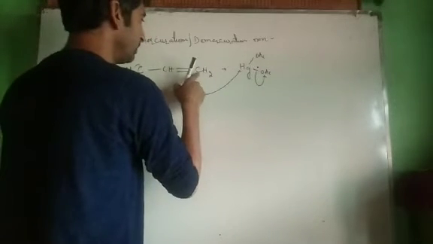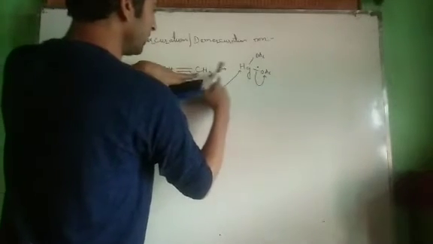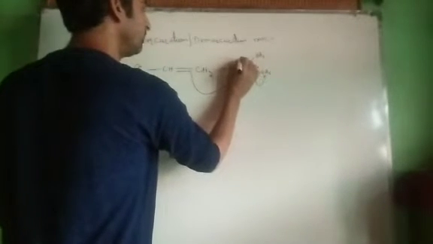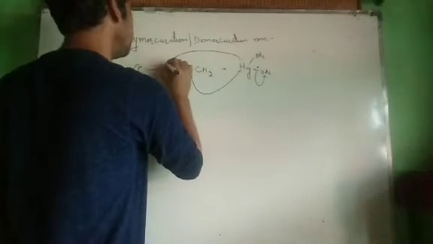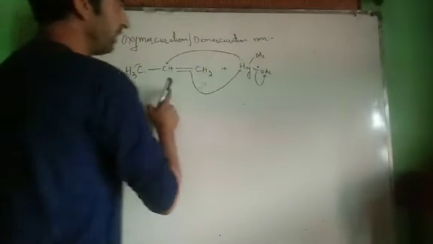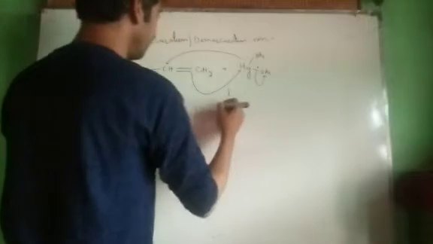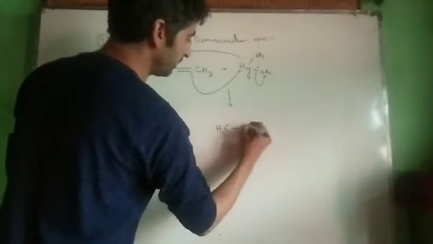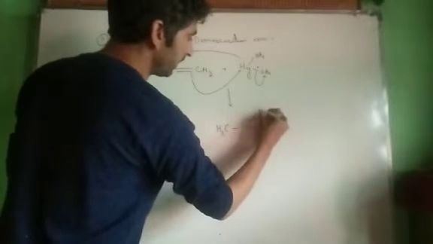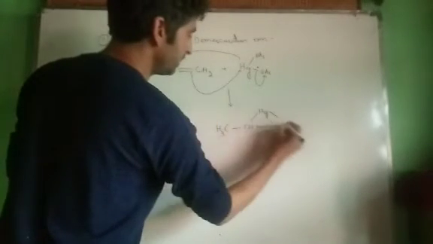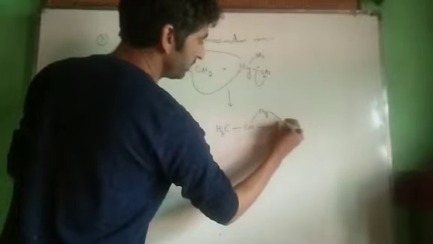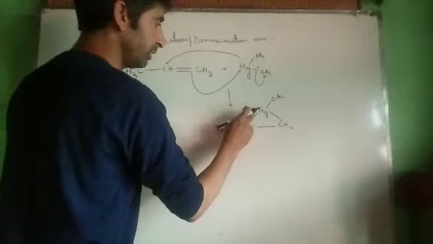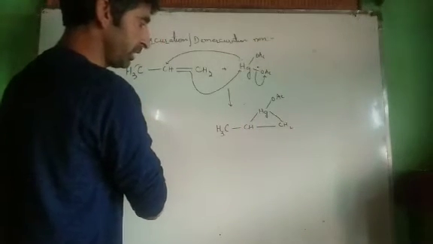Means I break this pi bond towards this side. It becomes negatively charged and it attacks the mercury ion. Now there is a lone pair on it, mercury is a metal, and the metal donates electrons. These electrons will be attacked over here. Now what will we get? We will get a mercurinium ion like the bromonium ion intermediate. Now this is CH, this is our Hg, and this is our CH2, and to this mercury we have OAc. This is like the cyclic bromonium ion intermediate in the case of alkenes.